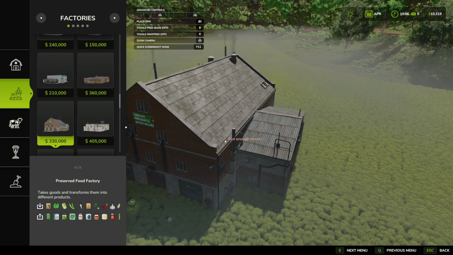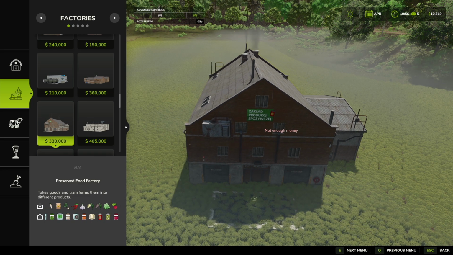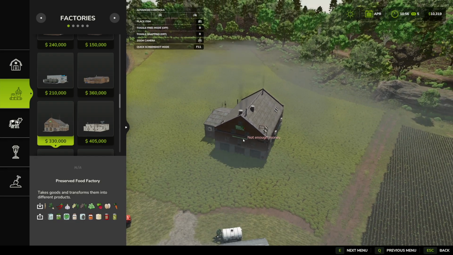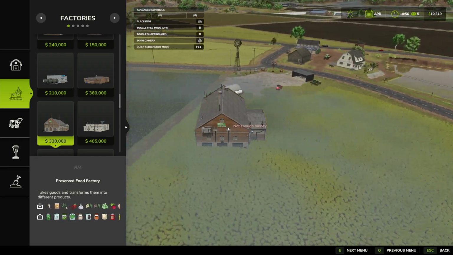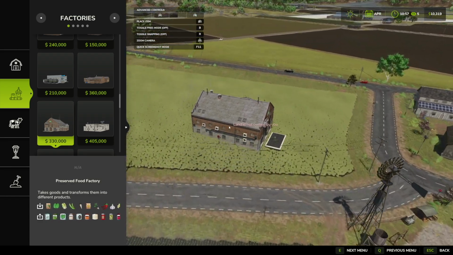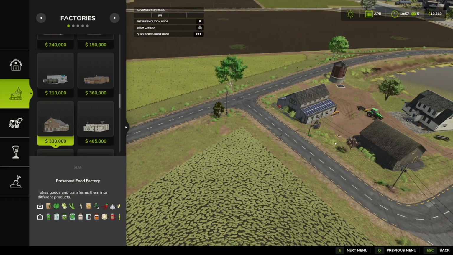Okay, so the preserved food factory is actually a little bit different. Still costs the same. We should probably maybe even consider just building our own. At some point. Way in the future, of course. Because if we do long grain rice...